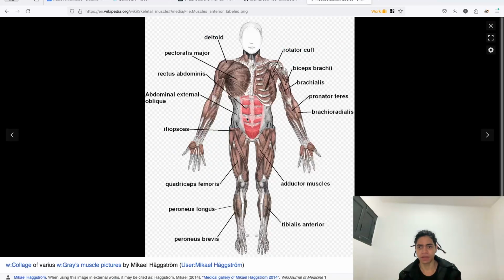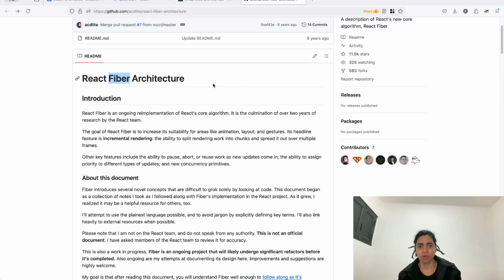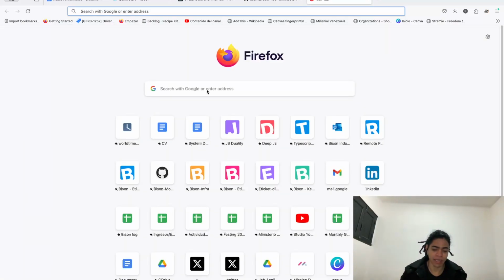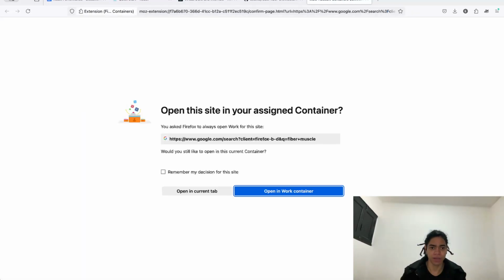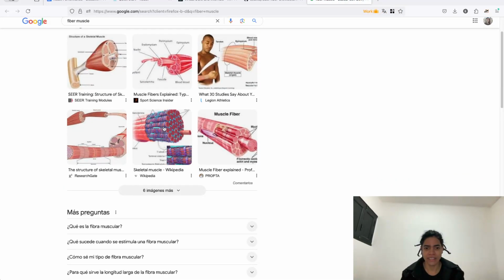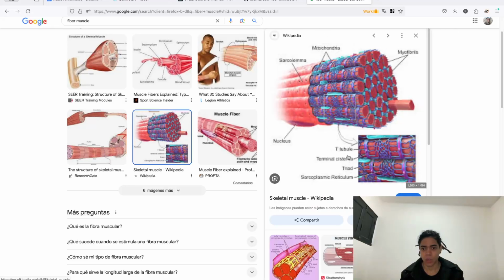But in any case, the whole point of this is that by connecting now these computer science concepts here, as a way to now look at all of these fibers and how you can use these specific examples, like fiber, muscle fibers, okay? Where if you take a look now, the skeletal muscle here,